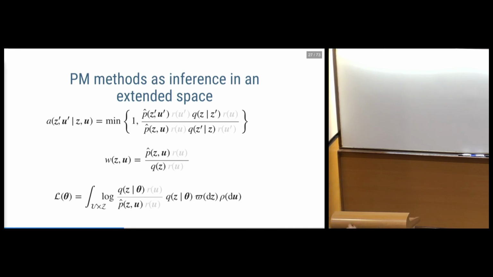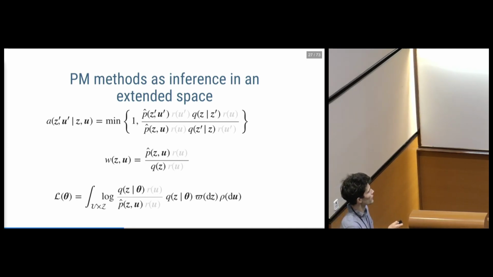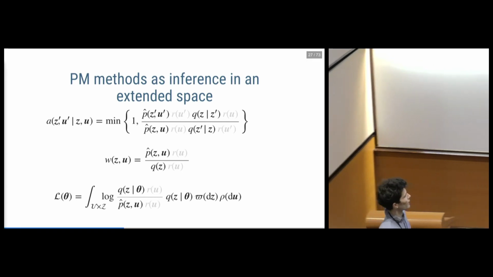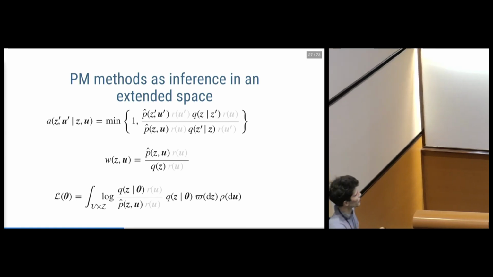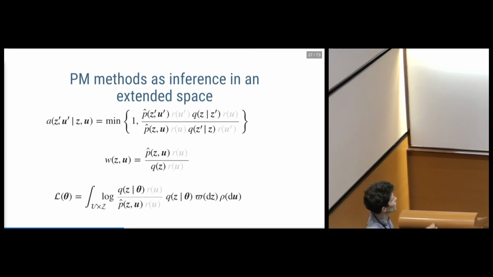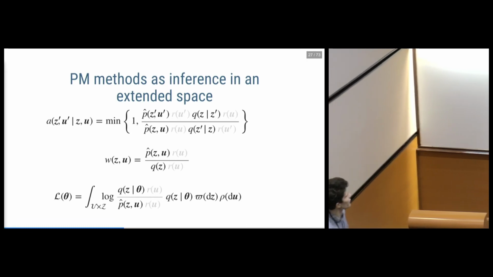And as we said earlier, the nice thing about these cancellations is that we now don't need to know this density R on the u's, and therefore we don't need to have explicit access to these u variables. But this assumption of independence between the z's and u's in, say, these proposals or variational approximations could be quite limiting in practice.